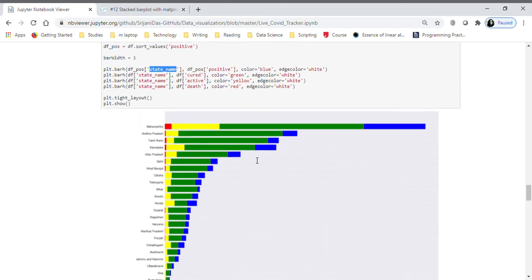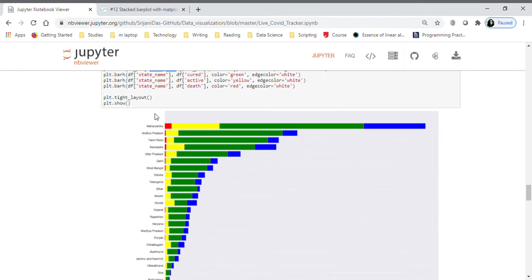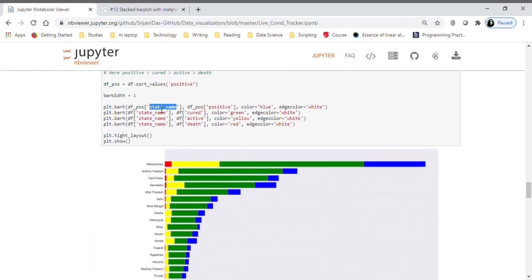X will be the first variable and Y is positive cases. So for state wise, we want to see positive cases, cured cases, active, death cases.